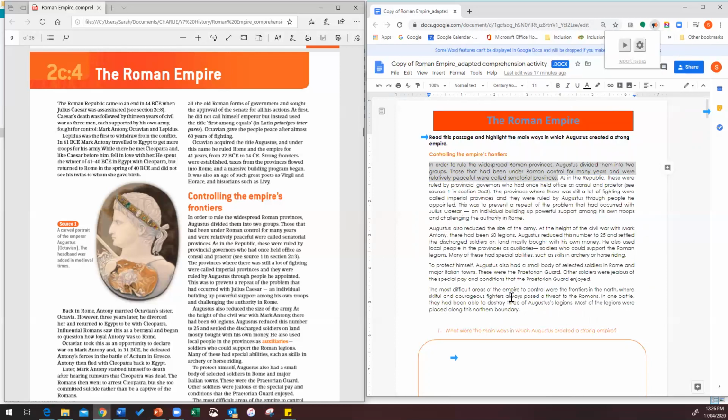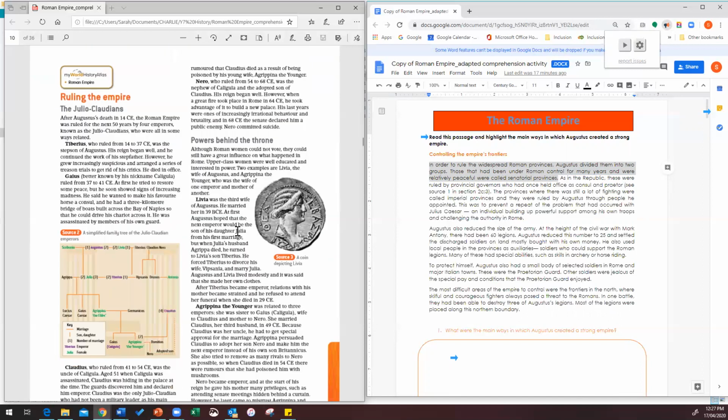So there are still many ways that this task could be made more accessible. But again, I think the question is for teachers, if you're sending home a PDF, ask yourself, how do I want my students to engage with it? And this appears to be a straightforward reading comprehension activity. But when you think about all the new language that's involved and the length of the text they're being asked to read,